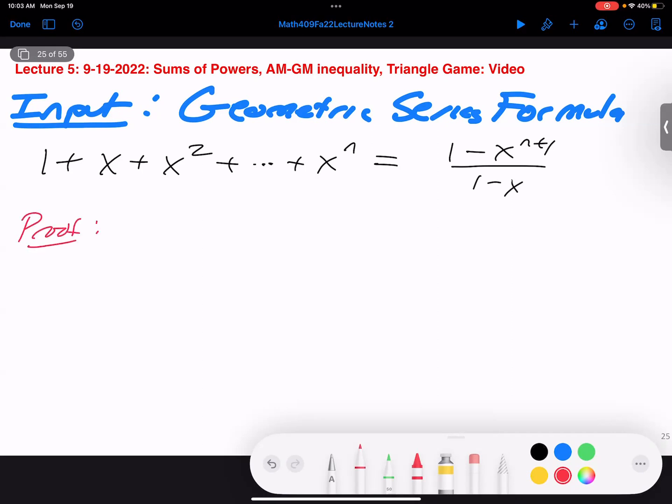Yep. So induction, I think, would work. And so we then have this formula, then you would add one more term. So induction should work. So induction is one. Telescoping